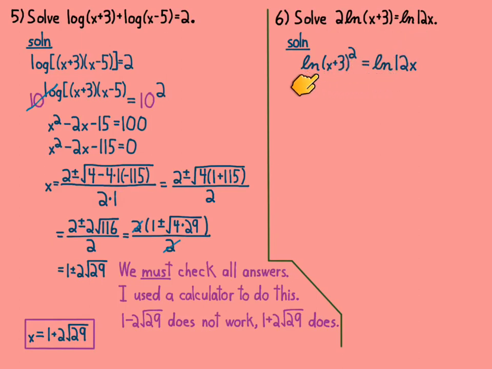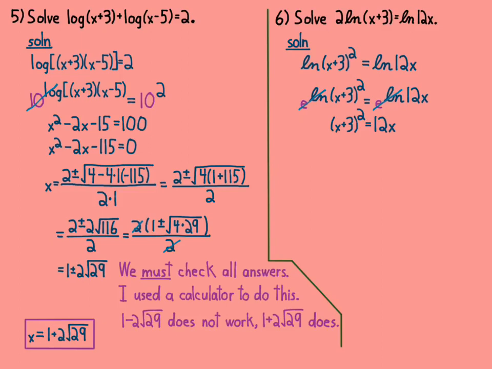Now I want to get rid of this log. Well, it turns out I can get rid of both these at the same time, which is really nice. I don't have to put this over here and combine it. I could. It still works. But I don't have to, because if I do e to this power and e to this power, it gets rid of both ln's at the same time. 2 for the price of 1. Right? So that's composing both sides with an exponential function base e, which is a lot of words, but very simple to do. Right? Those cancel,